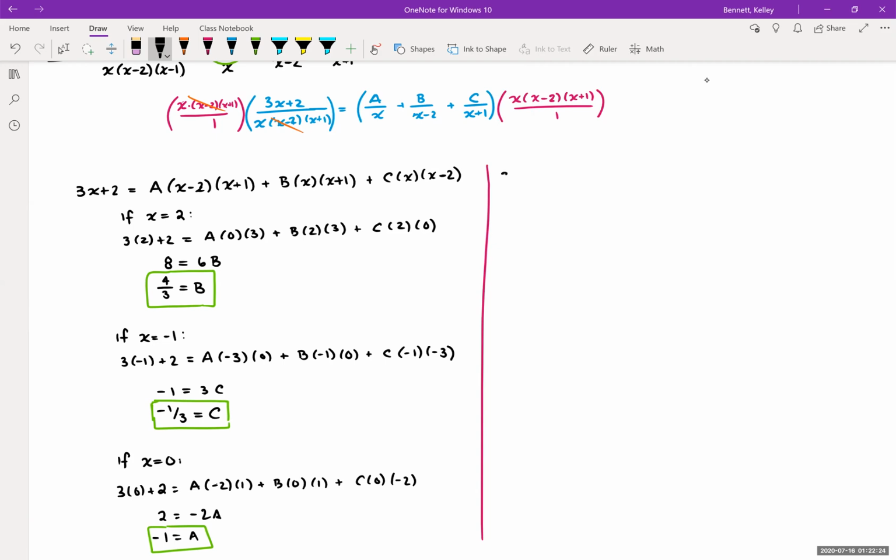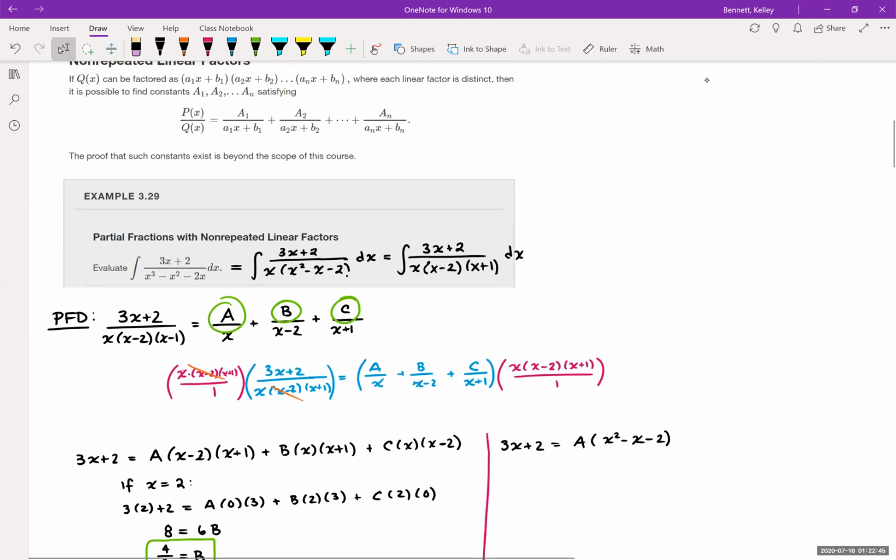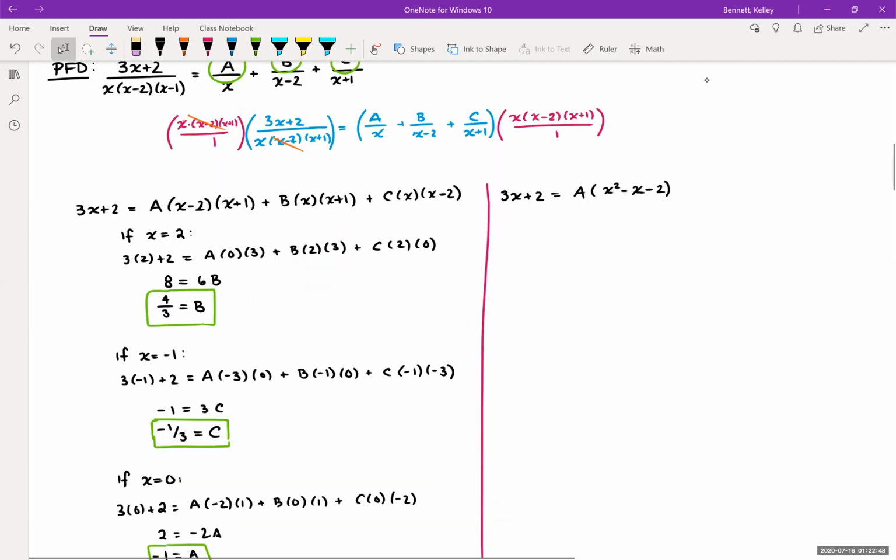If we have 3x plus 2, then I have a times, so this is x squared minus x minus 2. I just want to make sure I got that right. Yes, I did. Okay. Then for b, I get x squared plus x. And for c, I get x squared